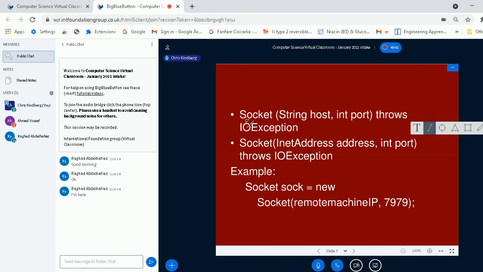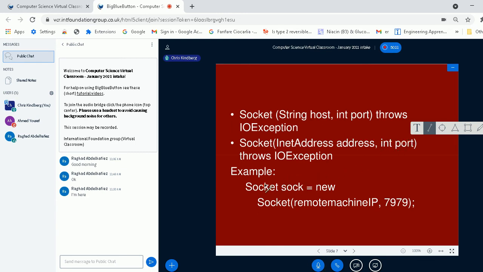So what I have in mind is I'm going to create a socket. So I'm going to write something like new socket. I'm going to specify the host name and the host port, the remote host port. Alternatively, I can actually specify a 32-bit address and specify the port.